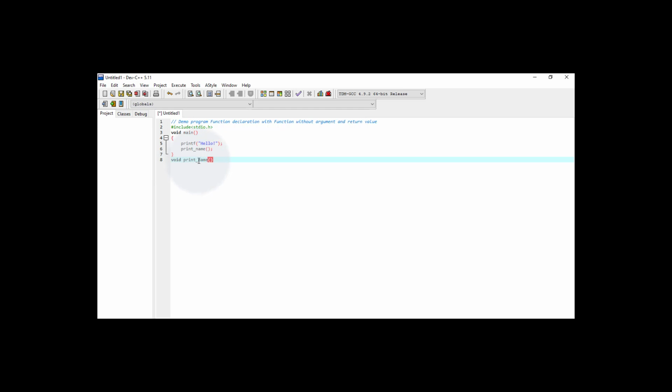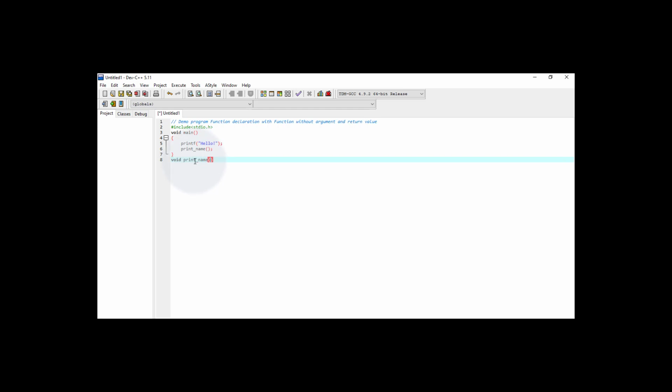While giving the name to the function, we have to apply the same rules that we apply for identifiers in C. The function name is also one of the identifiers in C, so the same rules apply: the function name should be meaningful, it should always start with an alphabet followed by a number, and whenever there is a space between two words, we have to use the underscore symbol.